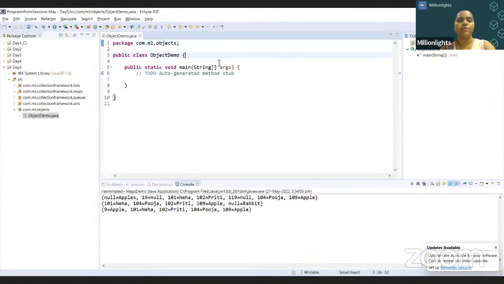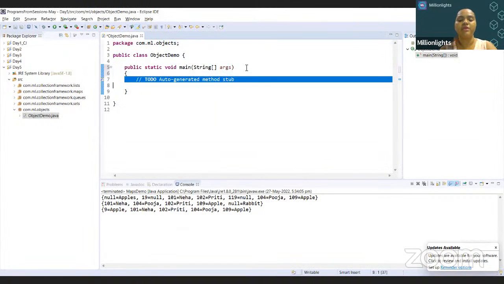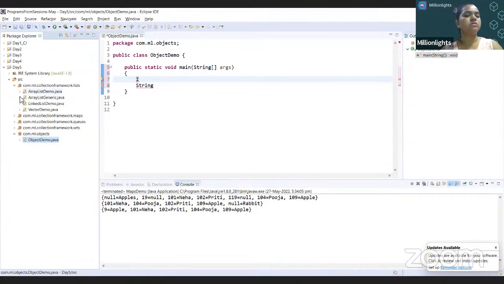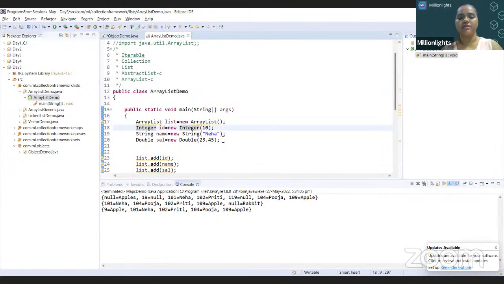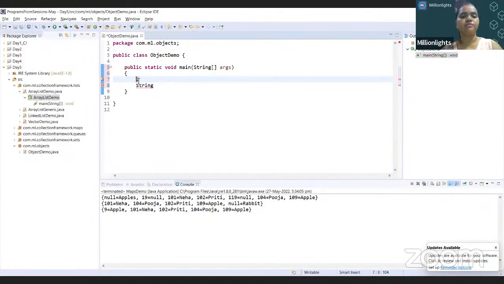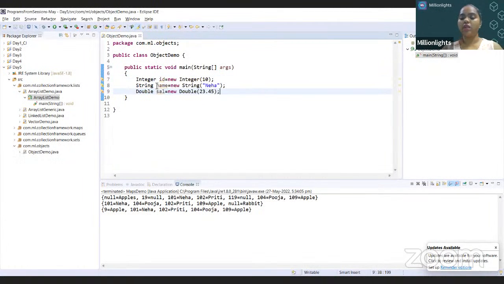Let's say, for example, I am creating a string. Let's say I'll start with an integer. Or maybe I have this here, so I can just copy and paste from here. I'm picking this up and we'll see what we are talking about. These are the three values. Now I wish to iterate. Like I said, I can make use of a loop and iterate through each of these things, or maybe I want to